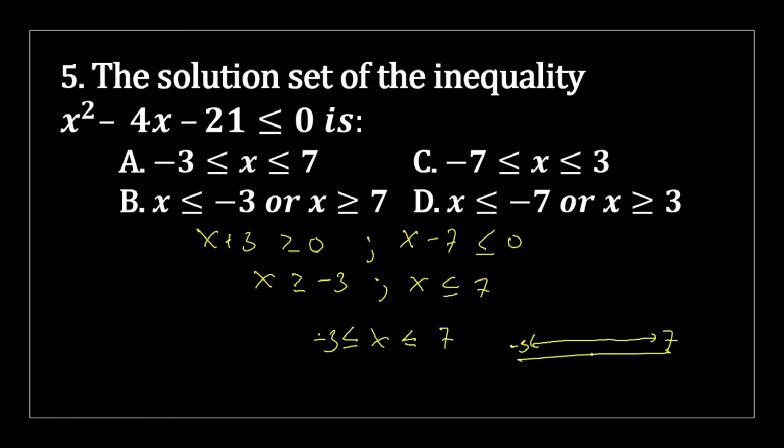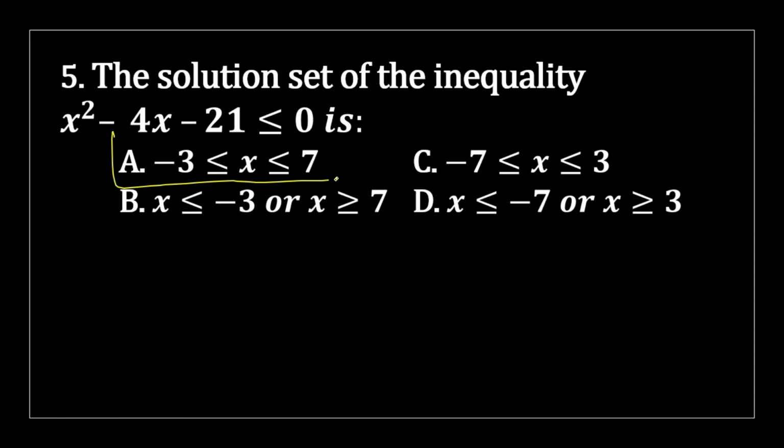Now let's try one value. We can find 0 between them. So let's try 0. 0 minus 0 minus 21. So the answer is negative 21. Therefore, the answer is